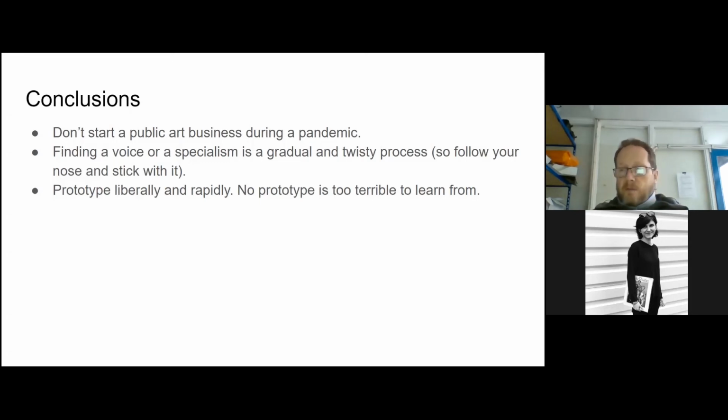There's a Feynman quote I read the other day. I couldn't find it written down anywhere, so I didn't make a slide for it, which was roughly: if you learn about a thing, and then you learn more about it, and you just keep trying to learn more about it, sooner or later you know more than anybody else. Because there's so much stuff to learn, it's actually not that hard to get into the territory that nobody's looked at yet. So I would strongly encourage you, if you're of the mind to go and build weird robots